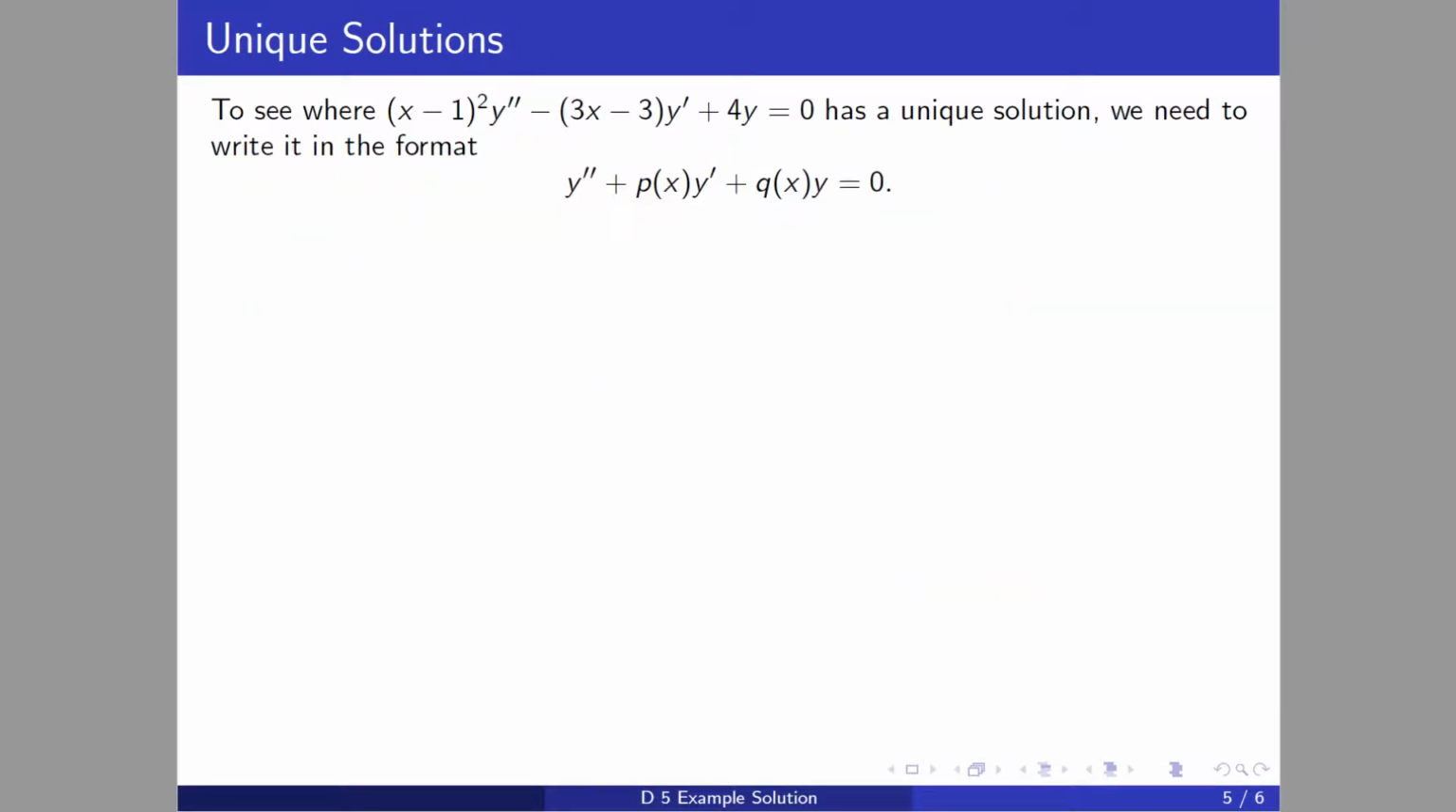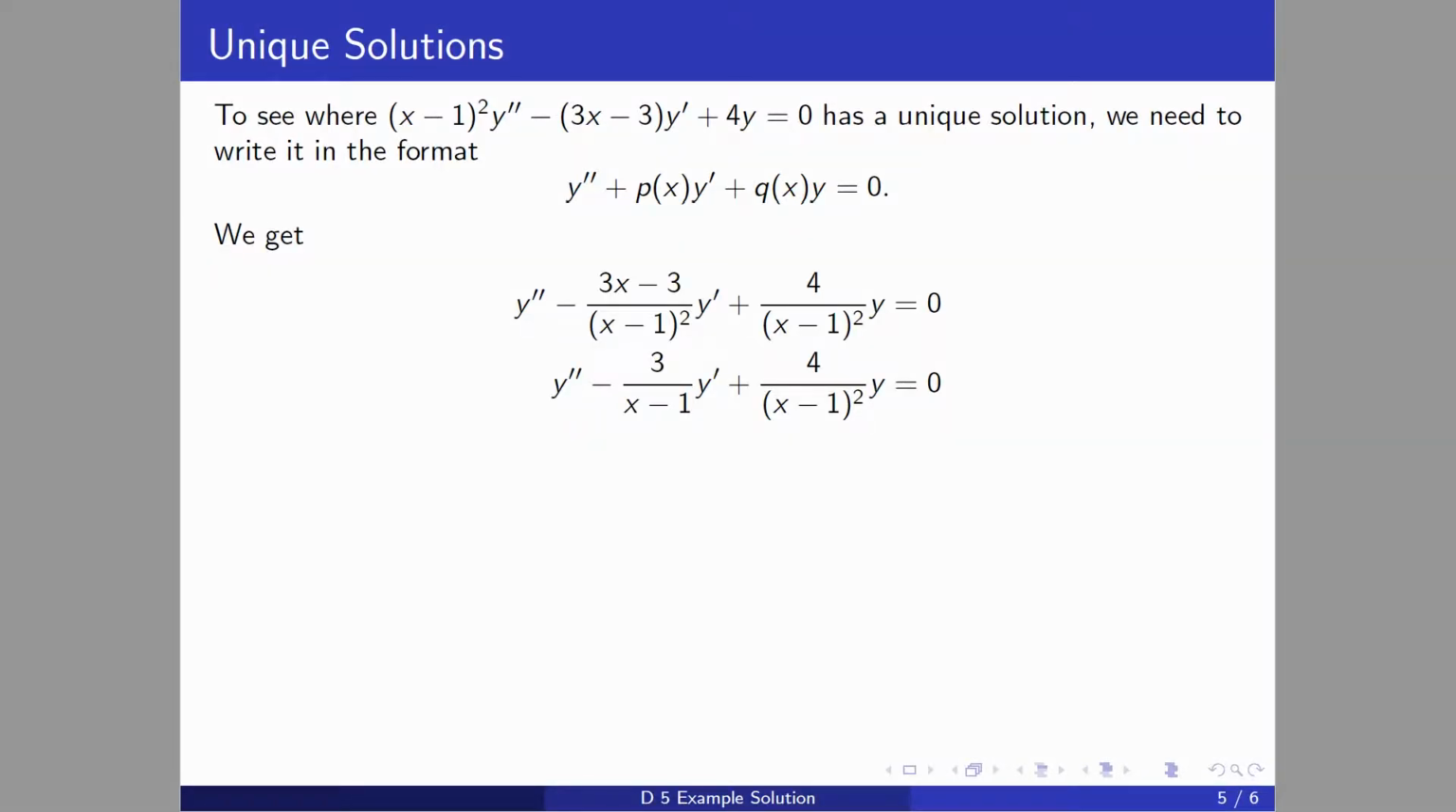So let's first check the unique solutions part. To do this, we need to just write this equation in the right format and then read off the information. The correct format is just that the second derivative of y is isolated, in the sense that nothing is being done to it. So in this case, what we need to do is divide out by (x-1)^2, and then we'll have it in this format of the second derivative plus p(x) times the first derivative plus q(x) times the original function equals 0,